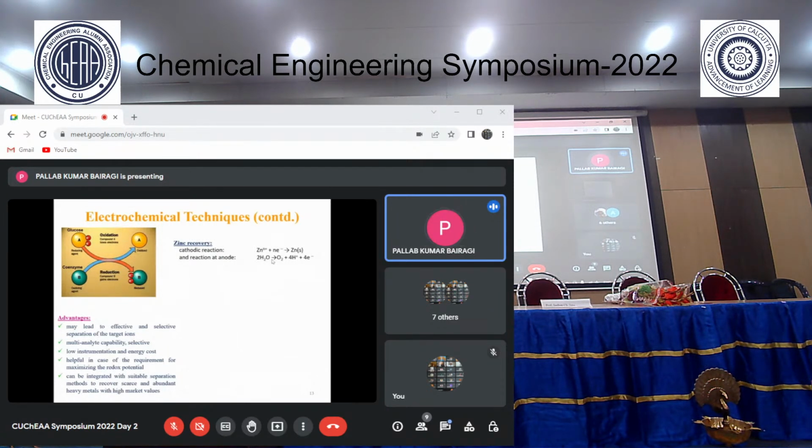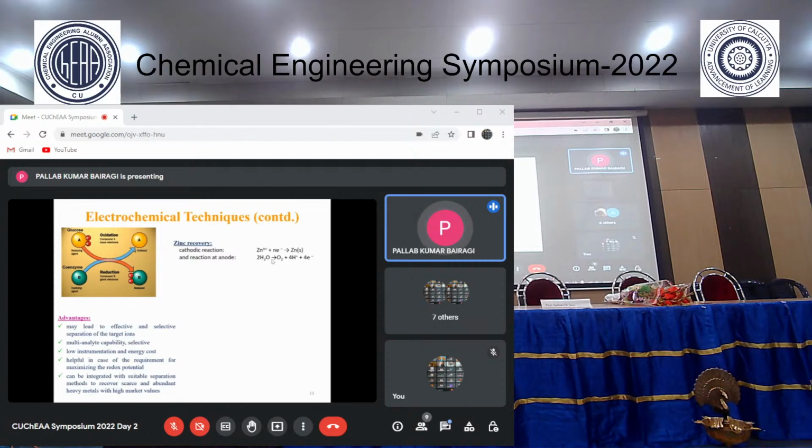Electrochemical redox processes are also very useful for resource recovery. Redox reaction driven conversion of the central element of the target into a separate oxidation state may lead to effective and selective separation. The oxidation reaction occurs on the anode either by facilitating the electron transfer directly between the reductants and anode, that is in case of direct electrochemical oxidation, or by generating in situ oxidation species, that is in case of indirect electrochemical oxidation.